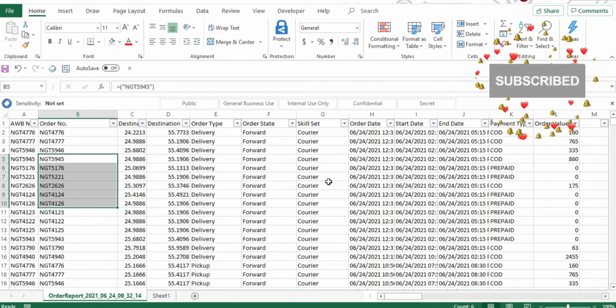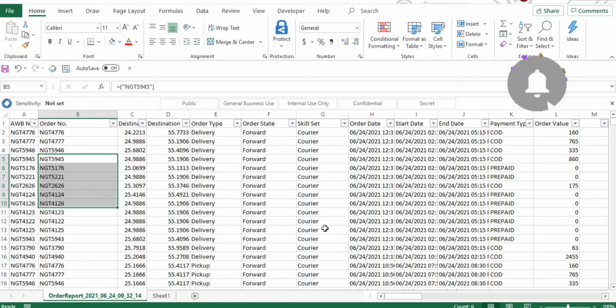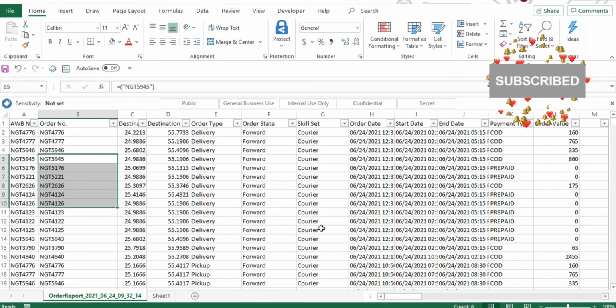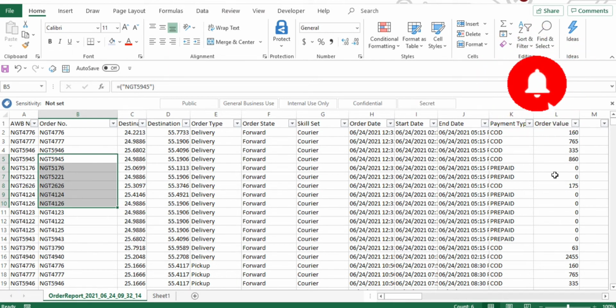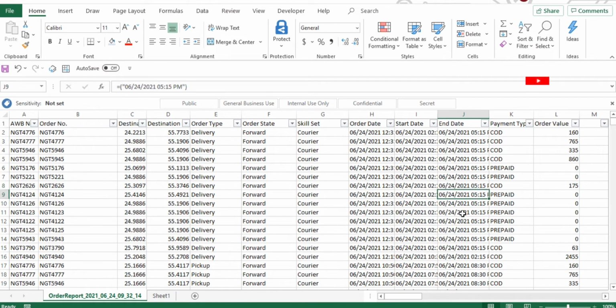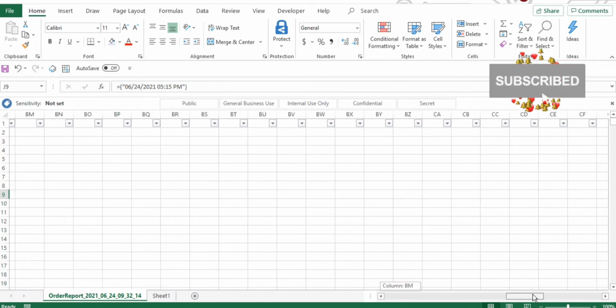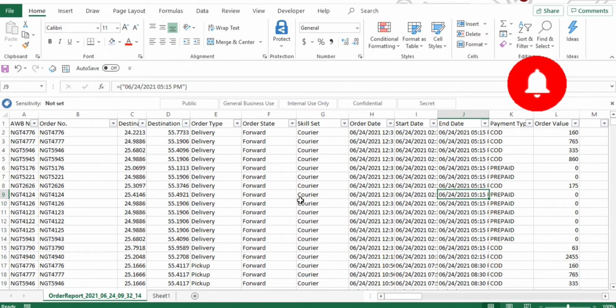If it is big data, with 1000 or 2000 rows, one by one we cannot go through all the details. If only 10 cells are available, we can easily find it out, where the order number is. If multiple fields are available, it is not that easy to identify. That's the reason we use VLOOKUP. Let's see how we can do it.